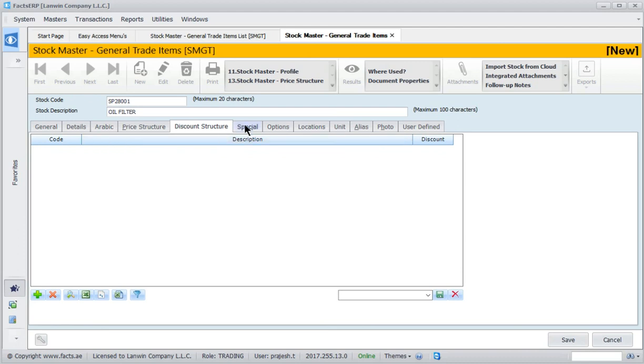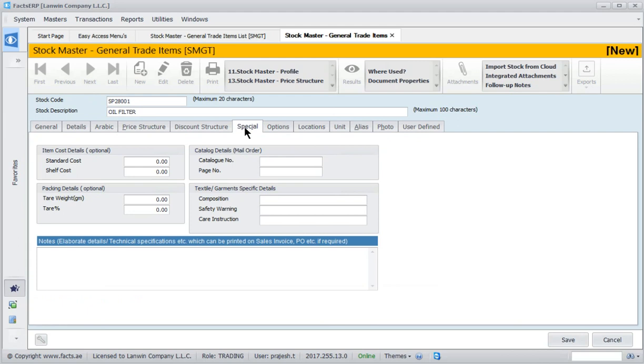Now we will go to the next tab called special. Here we have kept provision for entering the standard cost of this item and the shelf cost. Then there are some other details like the packing details, then the catalog details, catalog number, page number.